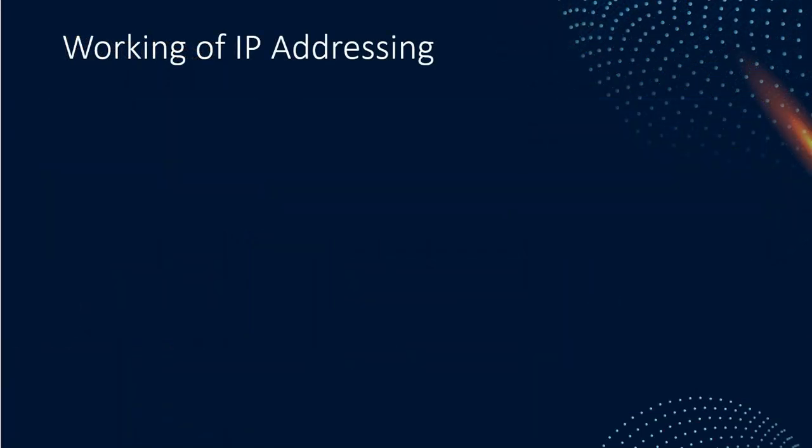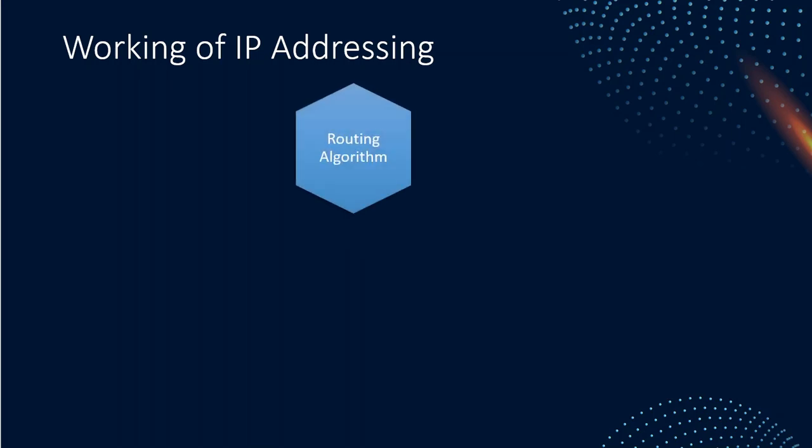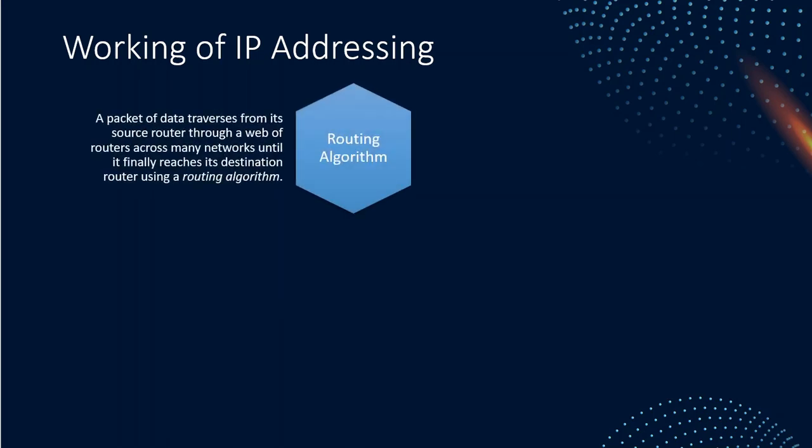Moving forward to the working of IP addressing. This addressing works mainly using three things. Firstly is the routing algorithm. A packet in the network knows its origin and its destination, but it doesn't know the path it has to take. Networks can be large and complicated with more than one path to reach the destination. So an algorithm is needed to decide which one to take. There are many algorithms like adaptive, non-adaptive, centralized, isolated, distributed, etc.